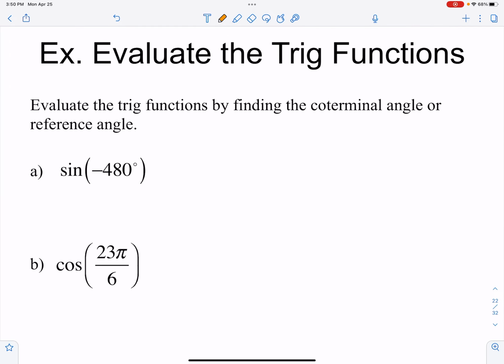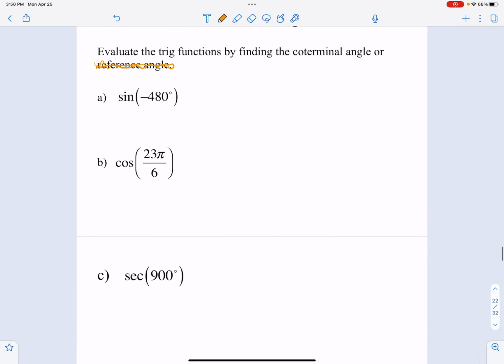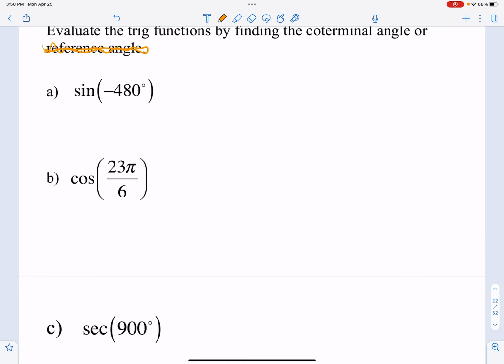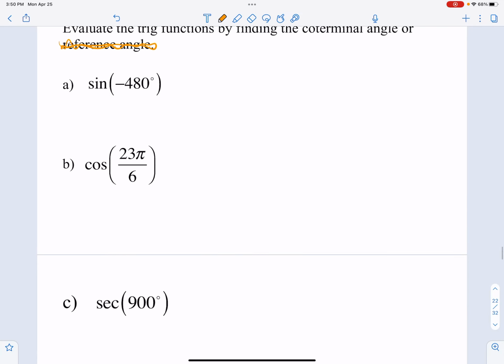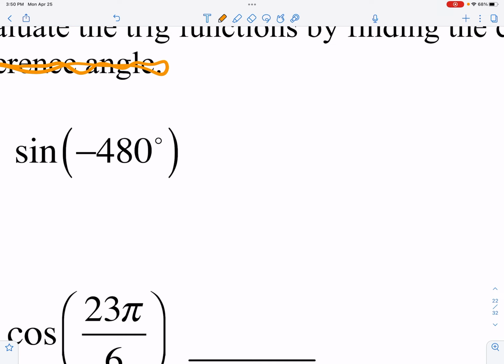So using coterminal angles, we didn't talk about reference angles. Sorry, this is from another lesson. We're going to use coterminal angles in order to evaluate the trig functions exactly. Now, these angles are not angles that are on the unit circle, but they are coterminal with angles from the unit circle. So sine of negative 480 degrees,